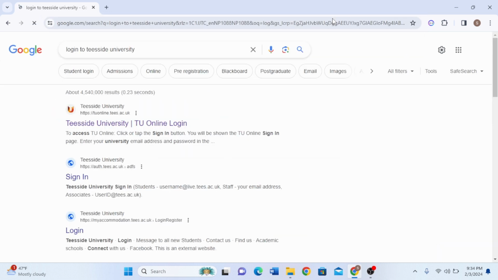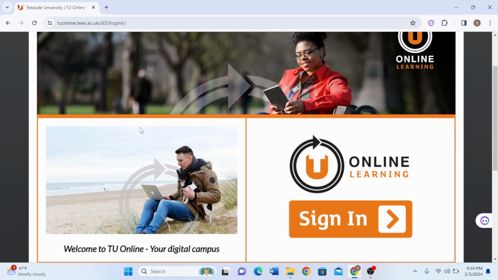And from the search results, you can see there's a Teesside University TU online login on the top. Click on that. And we have to scroll a bit down, and right here there's a sign in option in the big button. Click on that,